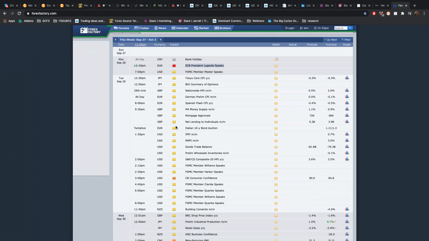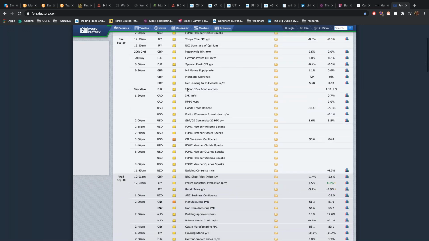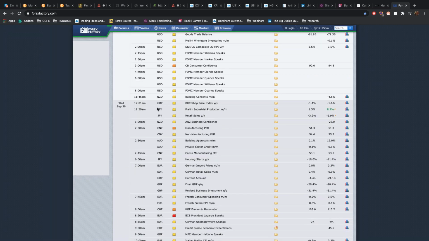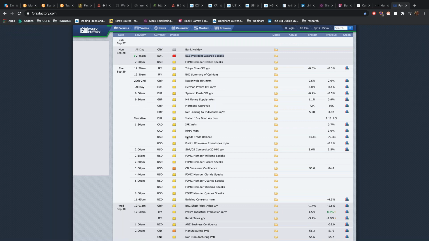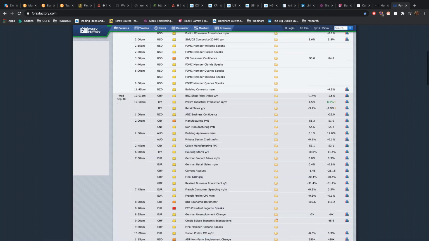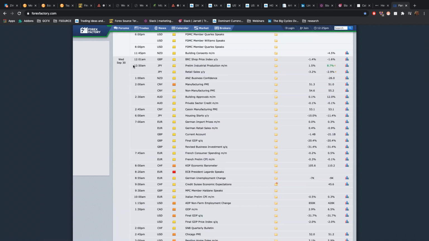Then we have very light data today, tomorrow, and even into Wednesday. There is not much happening in terms of data. Obviously got some Fed speakers, so look out for the Fed speakers because they can obviously influence the path of the US dollar, and that is a headline risk for Tuesday afternoon. We also have President Lagarde speaking again on the Wednesday. That's again a headline risk for the euro-US dollar pair. So be aware of that.